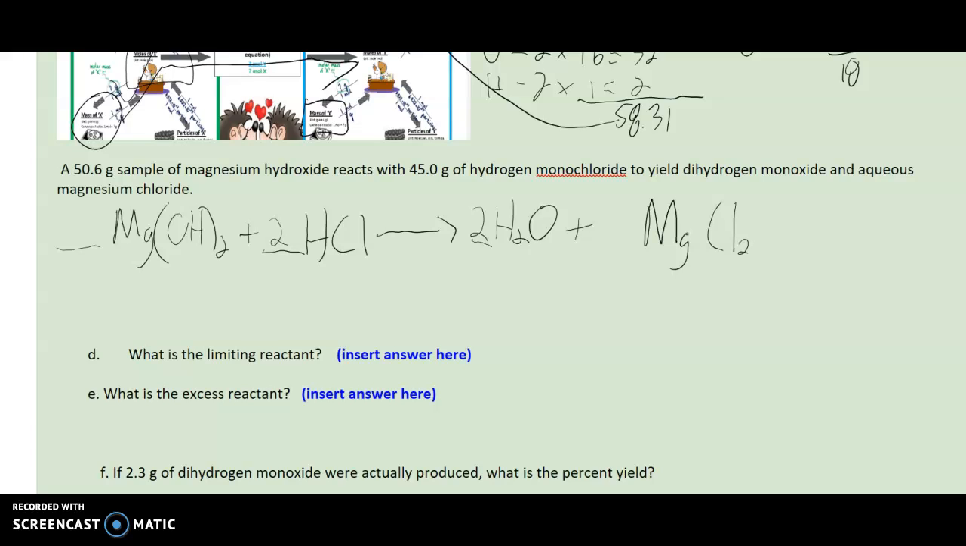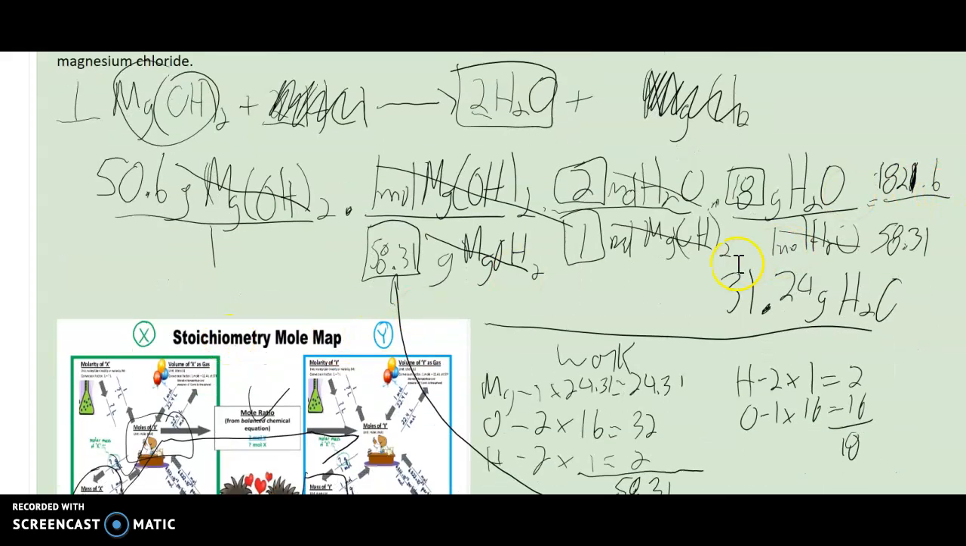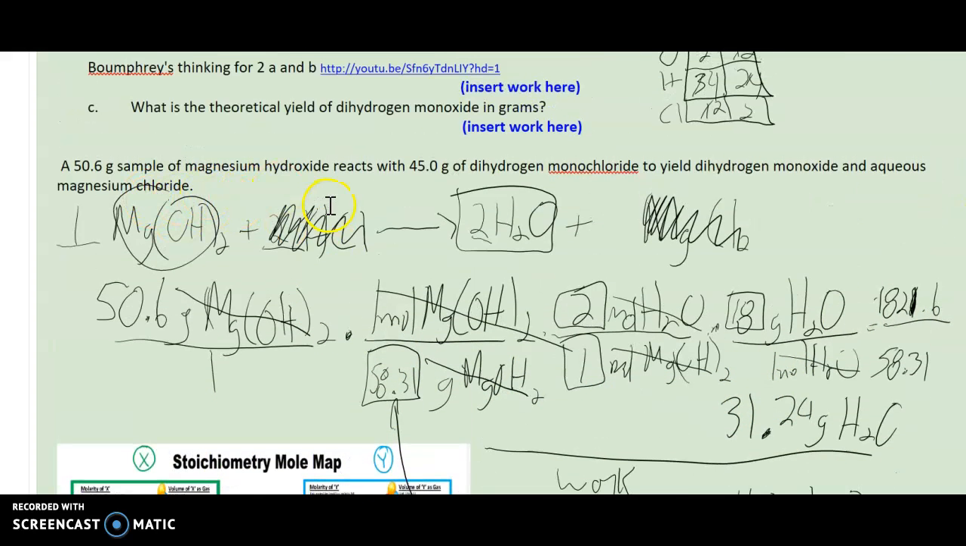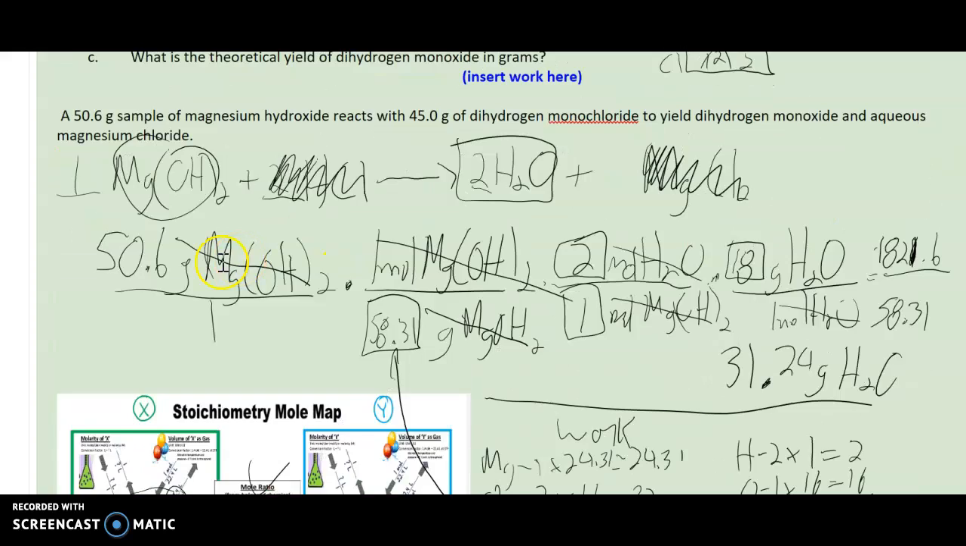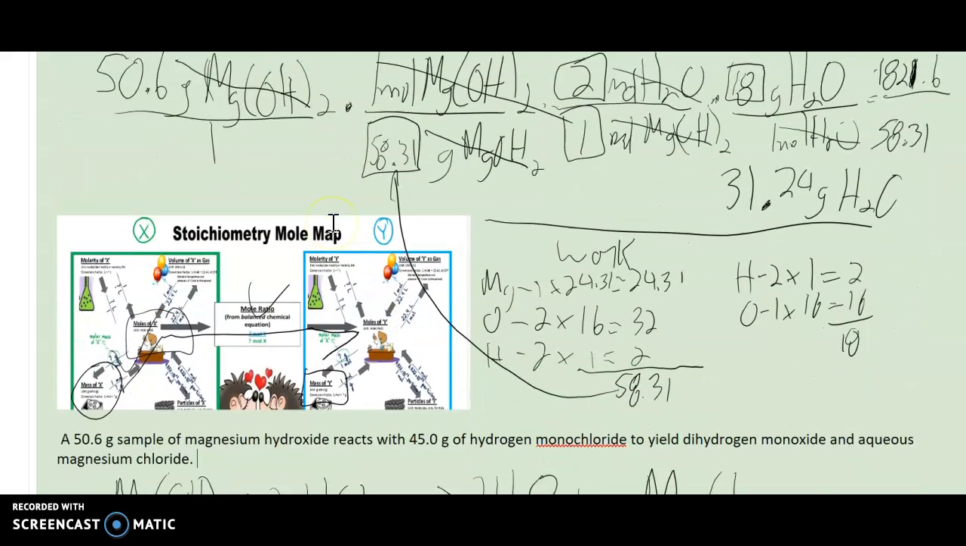Great, now we're working on the second part of this equation. So first we did the first part, okay? So we use the first reactant because the question again is, what is the theoretical yield? So the first thing we did was our first reactant, magnesium hydroxide, but now we have to do the other